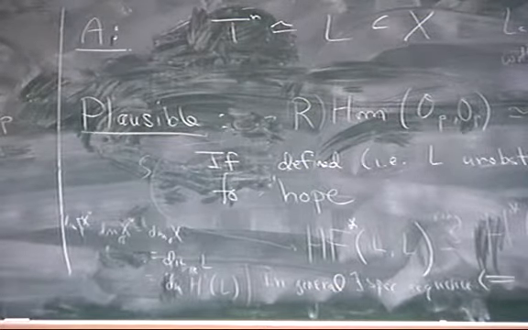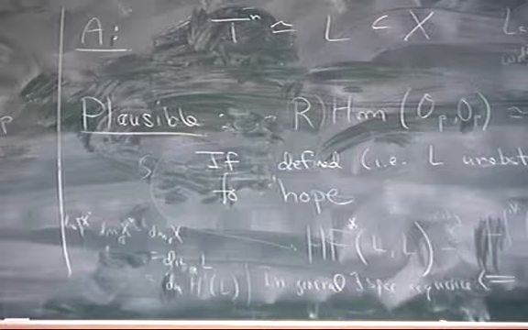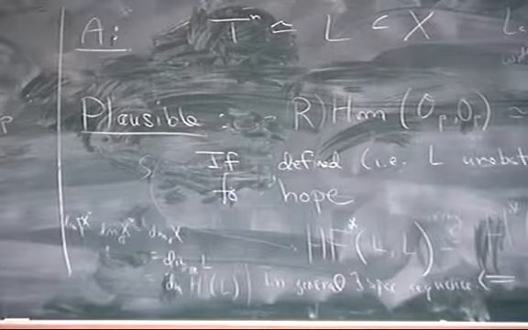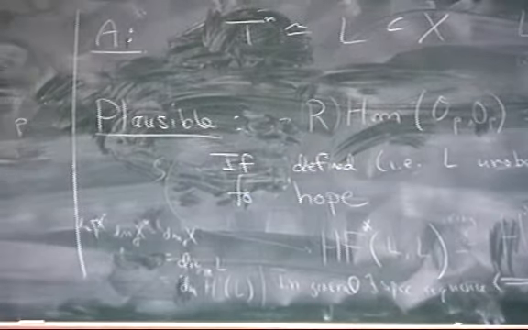Yeah? From what I understand, in general there's no reason to expect the spectral sequence to degenerate. Right. And even if it degenerates, do we expect the ring structure on the right-hand side and the left-hand side to be the same? No. So what is so special about this L that makes everything work? I'm going to try to say.